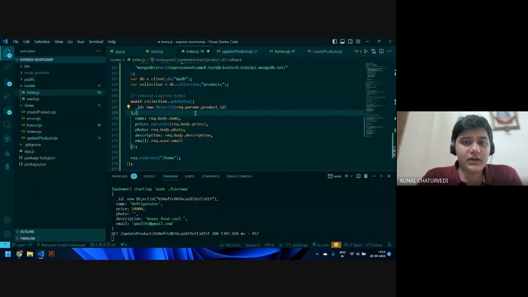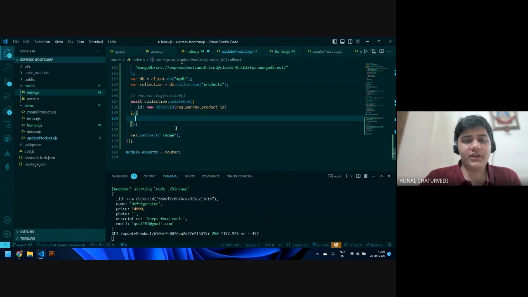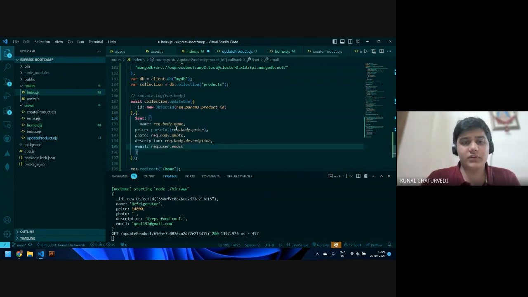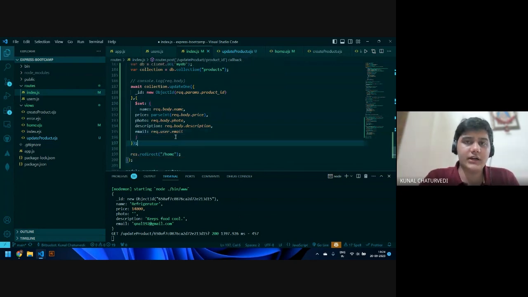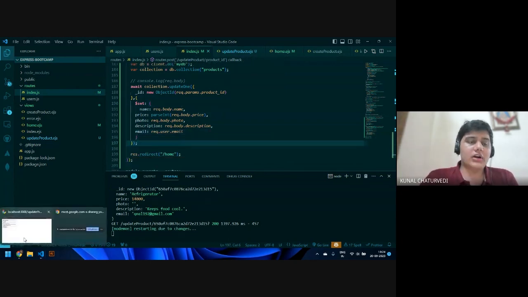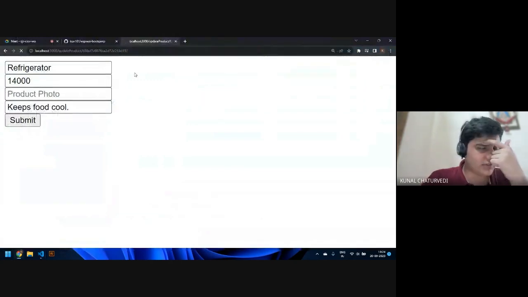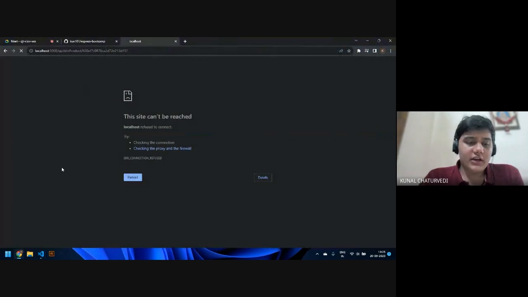So let me just check this once. Okay, so here let us do one thing. I think the way this function should work is we will just say set, and inside of set we will enter all these values. This is what we will do. So I think now it should work, and let's just hit save. Currently it was called refrigerator. I don't know if I have written the correct spelling, but anyways,